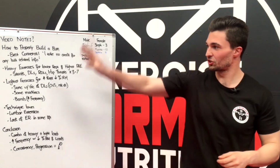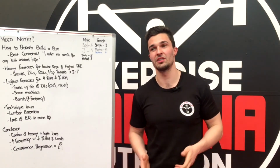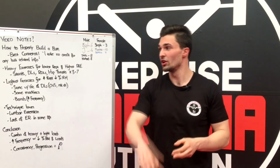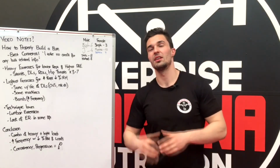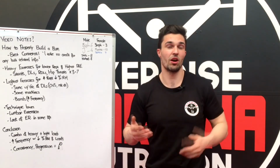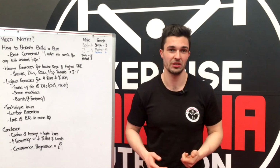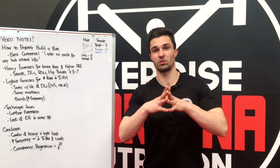So if I could just conclude all this very briefly, it would be that a combination of heavy and light loads is important for facilitating gains in butt size and just in just hypertrophy in general. You can use a combination of free weights and machines. Machines are not the freaking devil. Don't demonize them. They are important tools to use, especially with cases where hypertrophy is the main goal, because you can do quite a lot of volume without many consequences with reference to central fatigue across the course of the